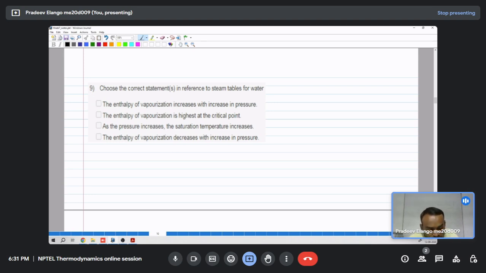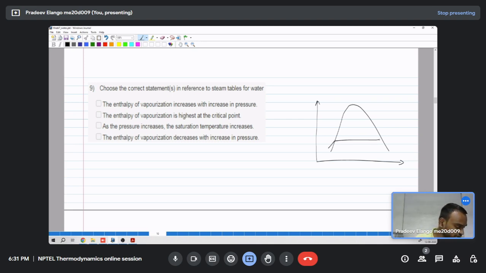Choose the correct statements in reference to steam tables for water. The enthalpy of vaporization increases with increase in pressure. So if you remember the steam tables, this is the vapor dome. On the left side is the saturated liquid line, on the right side we have the saturated vapor line,